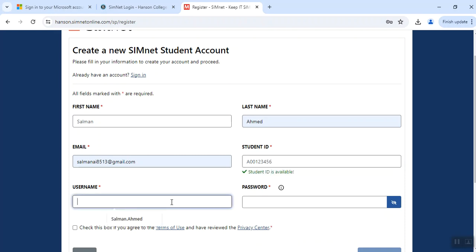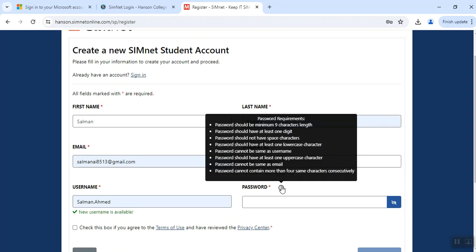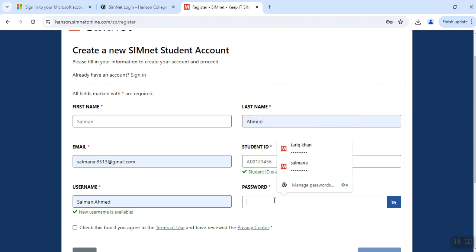Then the username. I recommend the username in a way that the first letter of the first name is capital, and the first letter of the second name is capital as well. And then the password. Make sure you're putting a password which you remember, right? The password information is given to us right in here. By clicking on this, you're able to see it has to be minimum 9 characters, 1 digit, and all that information. So I'm putting a password